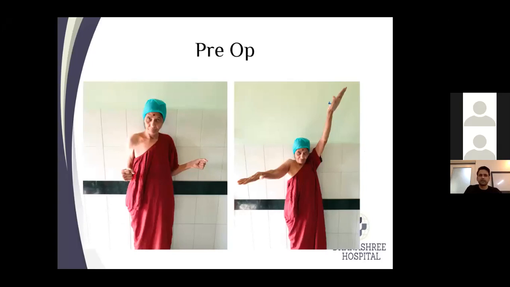If you see, this is the same patient. So if you see, her external rotation was 0 degrees. On the other side, her forward flexion is 180 degrees, and on the right side it is just 85 degrees. So this patient is the one who was having this uncontrolled diabetes. If you see, she's just before entering the theater. So even post physiotherapy, this was her range of movement, which was not quite satisfying for the patient.